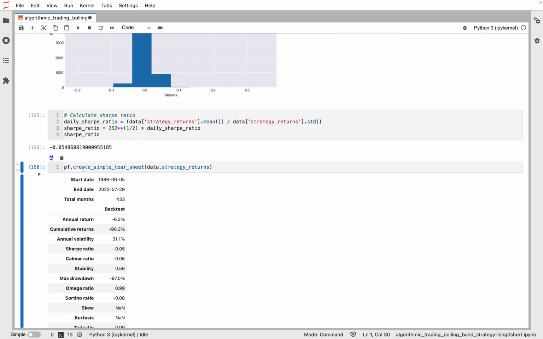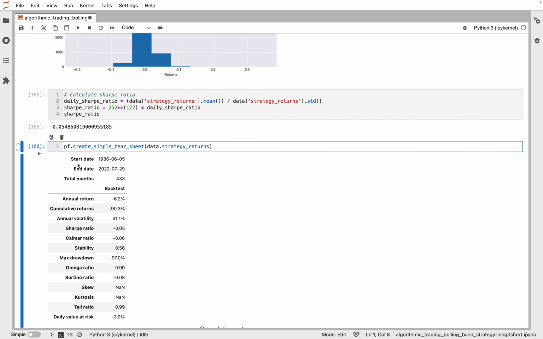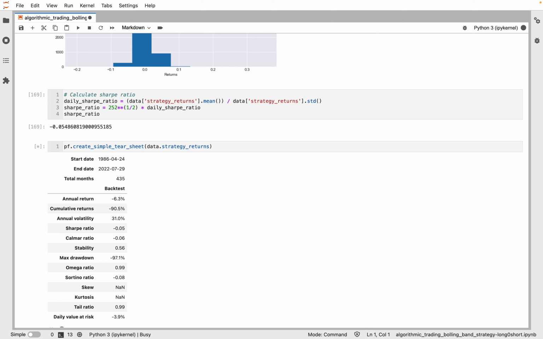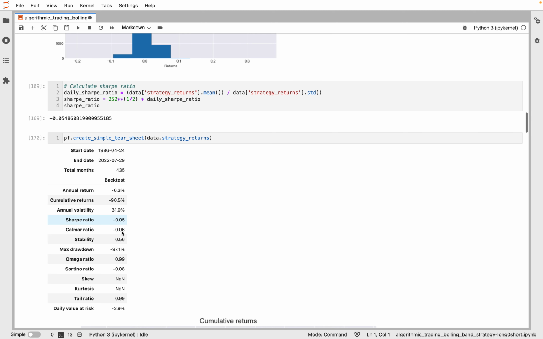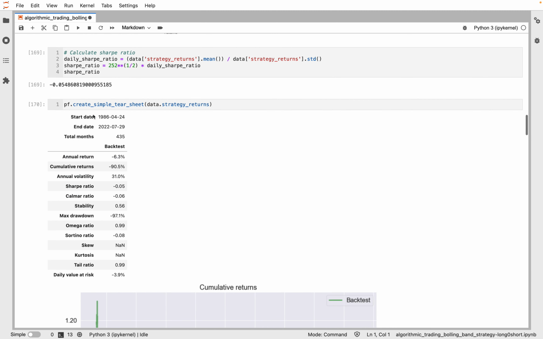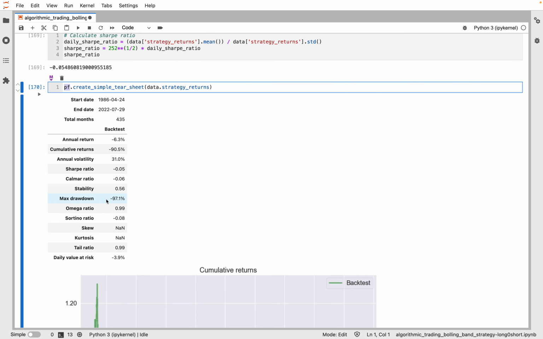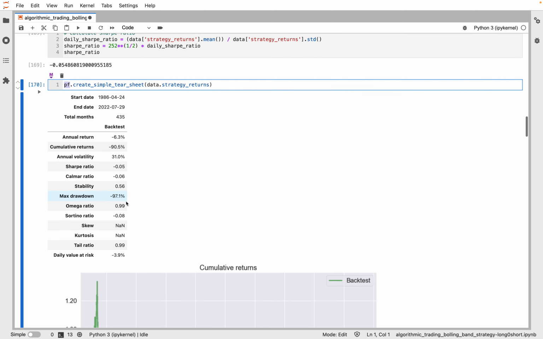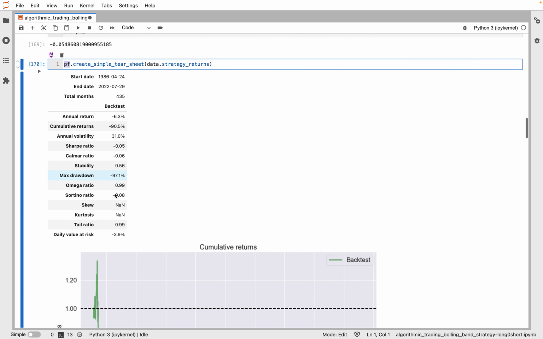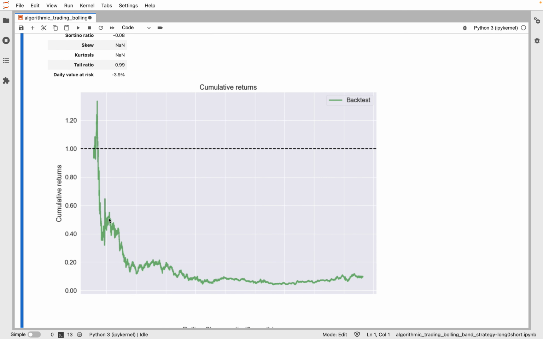We can also get the Sharpe ratio using the Pyfolio library. We just use create_simple_tear_sheet and put in our strategy returns. Again, we get the Sharpe ratio of minus 0.05. The plus point of using this package is that we get a lot of other metrics. For example, we can see the maximum drawdown for this strategy is minus 97%, and this is the cumulative